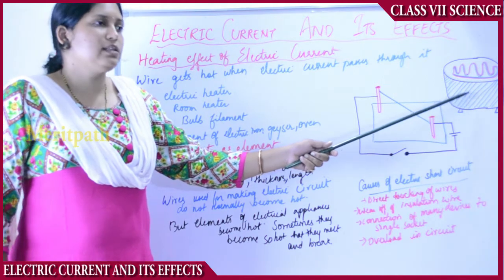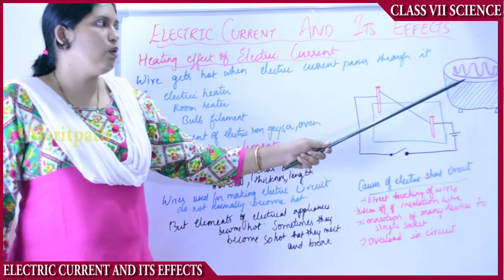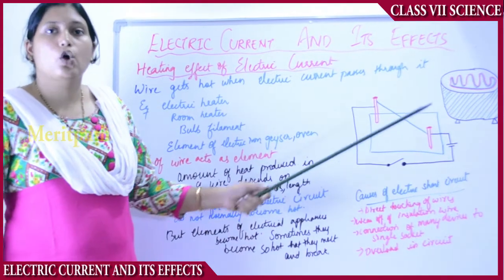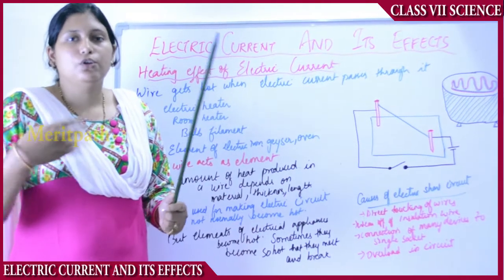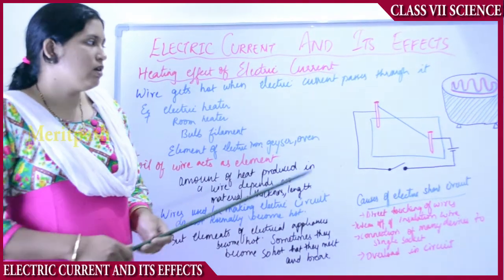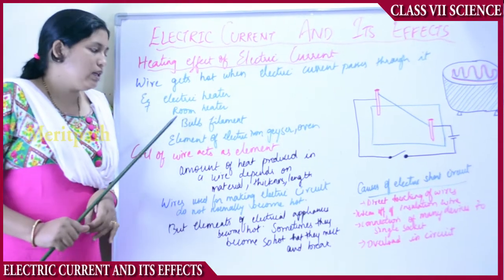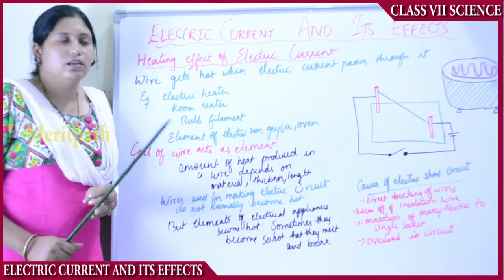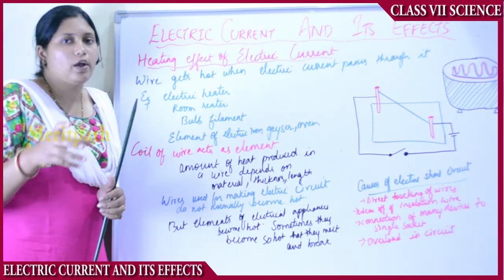The same principle applies in the electric heater also. We can cook on this electric heater. How? Because when we switch on the current, the coil or the element of the wire gets heated and produces heat, due to which the food gets cooked. Same way in geysers, and then iron. How do we iron the clothes? There will be a coil of element